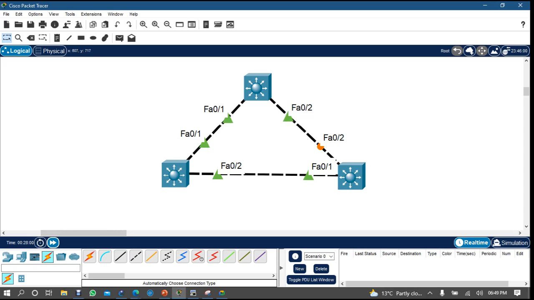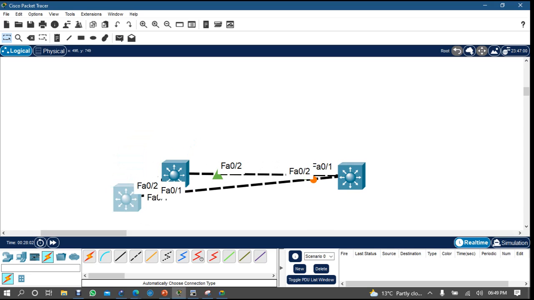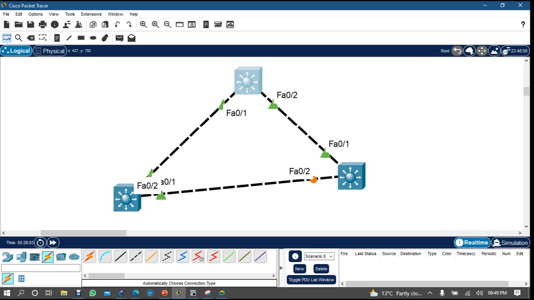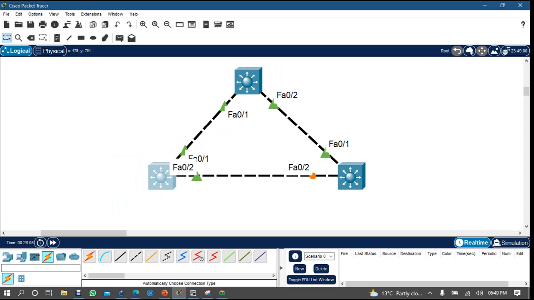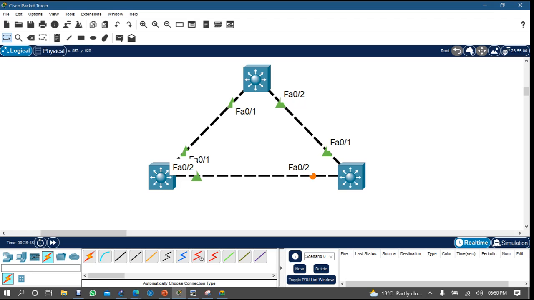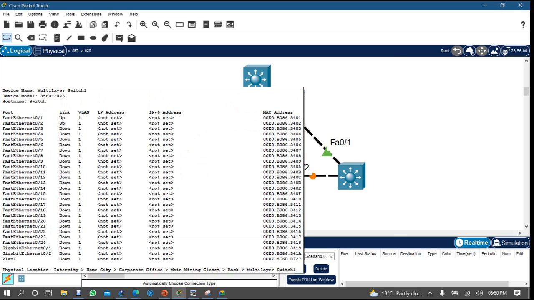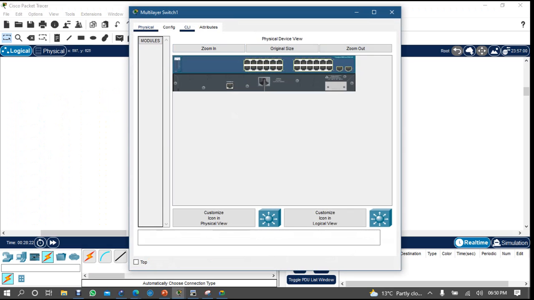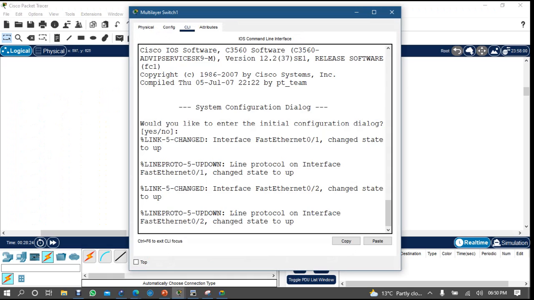So when you have this type of network with the redundant links, automatically STP will define some kind of functions for the switches. So if you are coming to this switch 1,